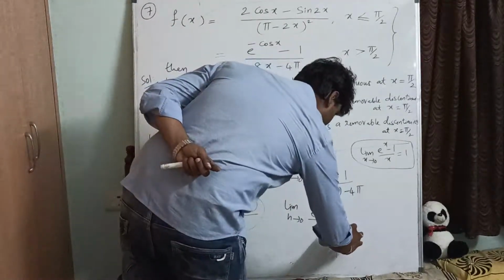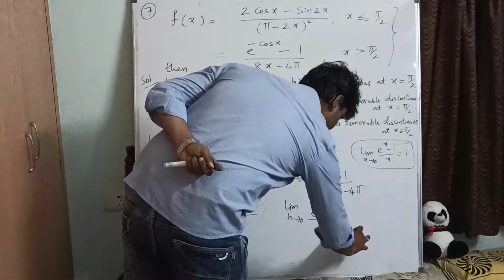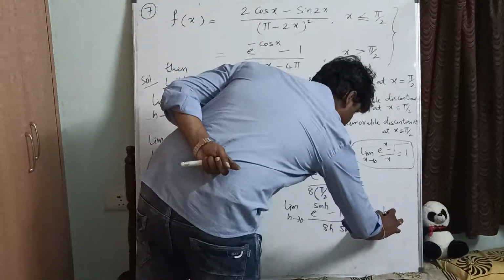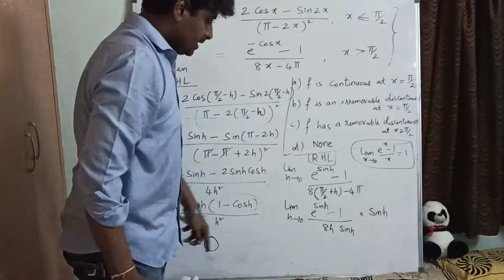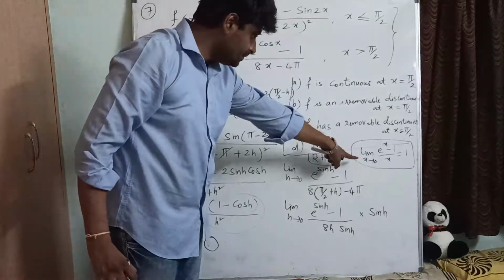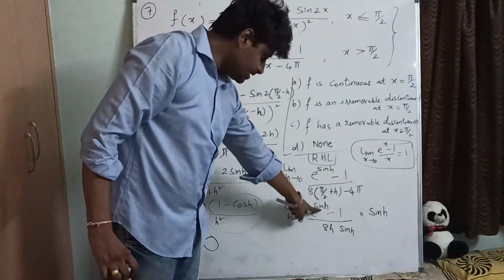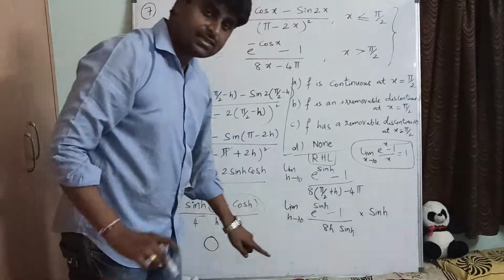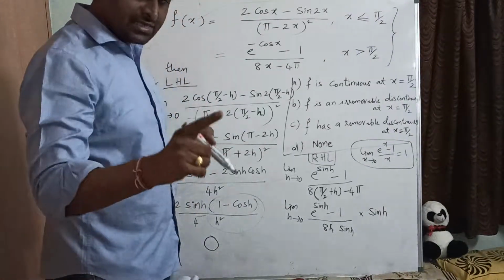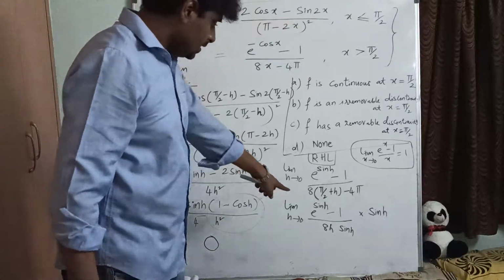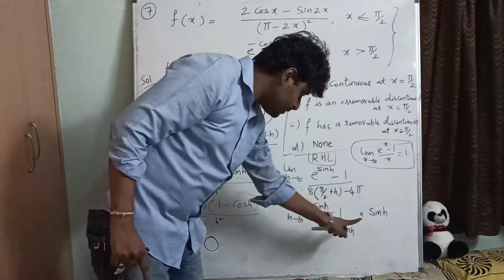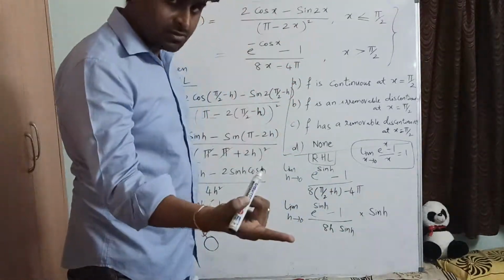So here I can write sin h, and here also I can write sin h, as I am going to multiply and divide by sin h. See here, e power sin h minus 1 by sin h, that comes under this formula, that gives you 1. Here also sin h tends to 0, because whenever h tends to 0, obviously sin h tends to 0. So that will become 1 according to this. So what is left now? Sin h by h. Similarly sin h by h is also 1.